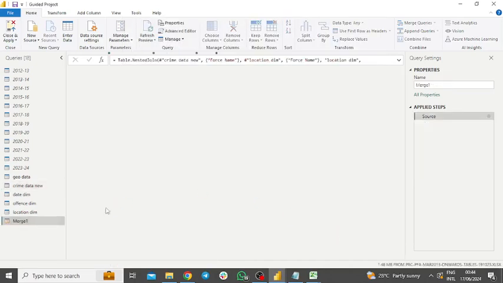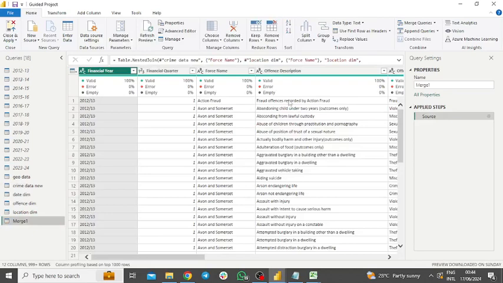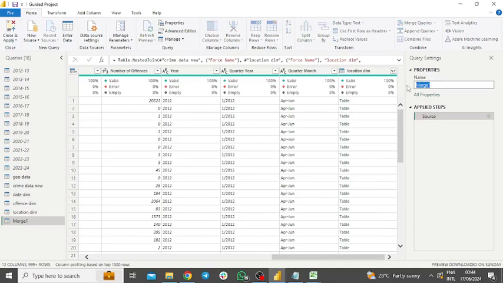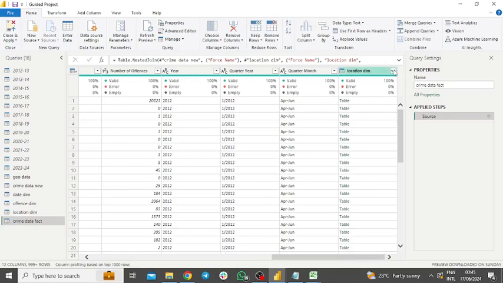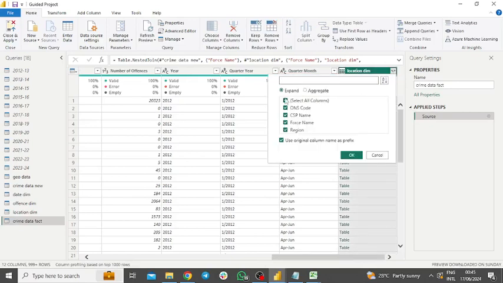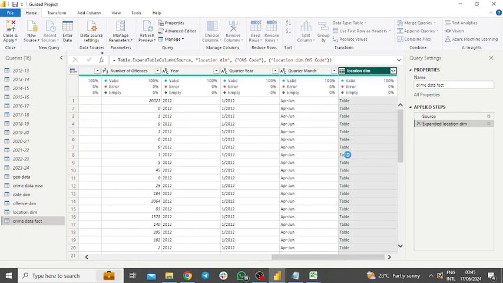I'll click on OK. Then let me call this, what did we even call it then? Crime data facts. Now the real facts table. So I'll come here as we did it initially, open. I don't want any other column. I want only the ONS code. Once I click on OK,